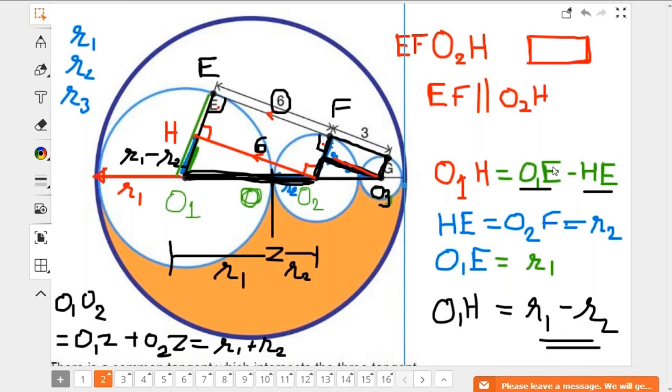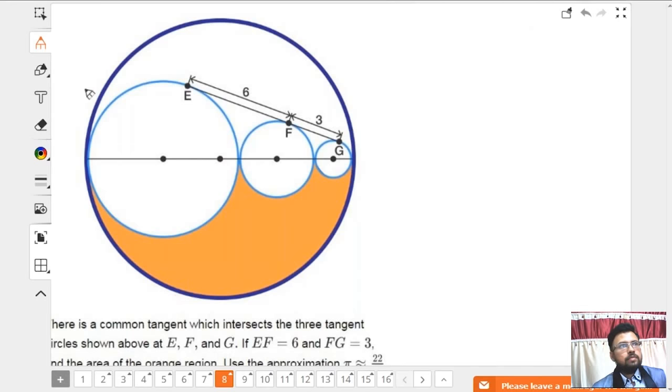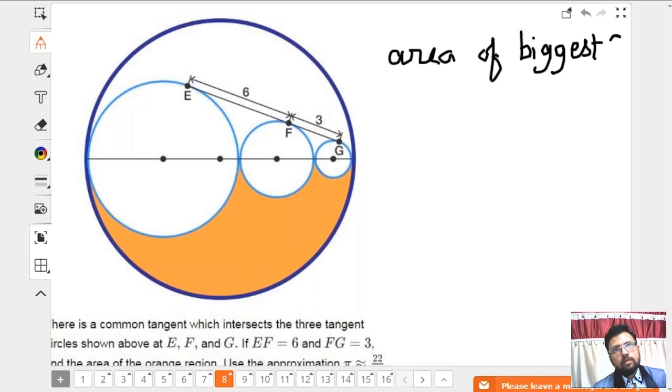Okay, so we can say that area of the orange region is equal to area of the big circle. Okay, area of the biggest circle, minus area of